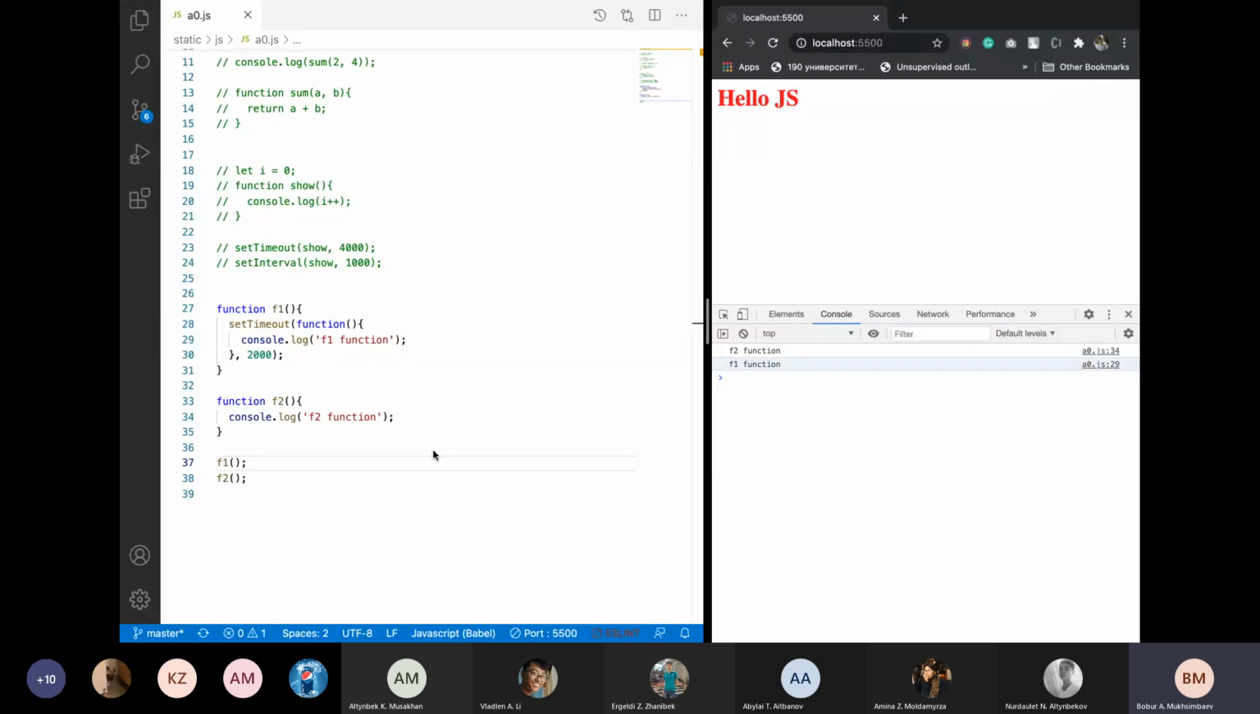So this is our question. Why do we have such a problem? Such a problem occurs because F1 will do something, and it will take more time than F2. That's why, even though we call F1 before F2, it shows after this. And in that case,